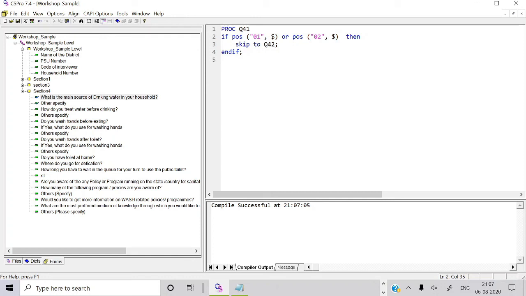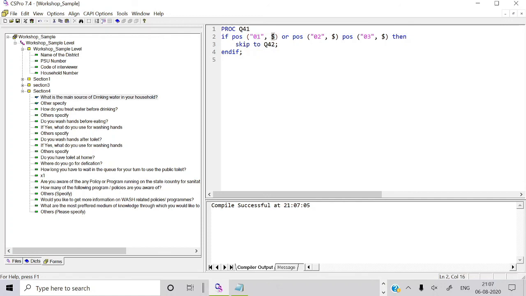Or 3, you can write it according to that, or not equal to, some such things you can declare as a skip pattern. So basically, whenever you are writing for a string variable, this is the approach. You have to include POS, and within the colon you declare which string variable has to be executed, instead of numeric, whether it is a, b, or 01, whatever the string value is.